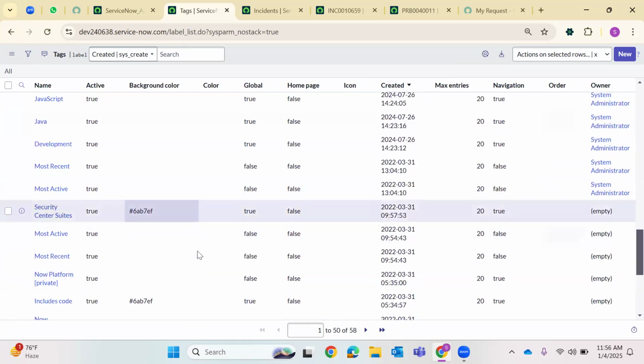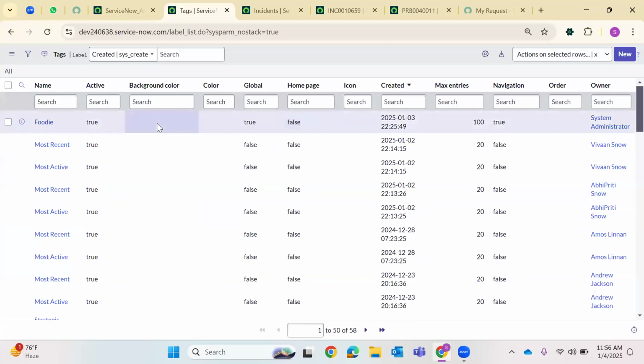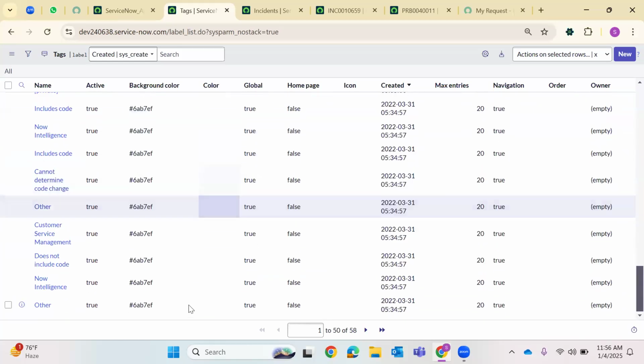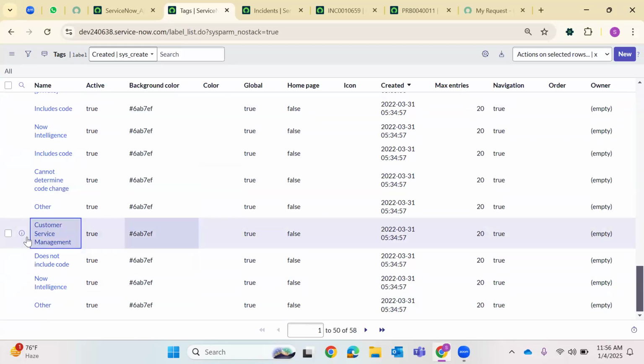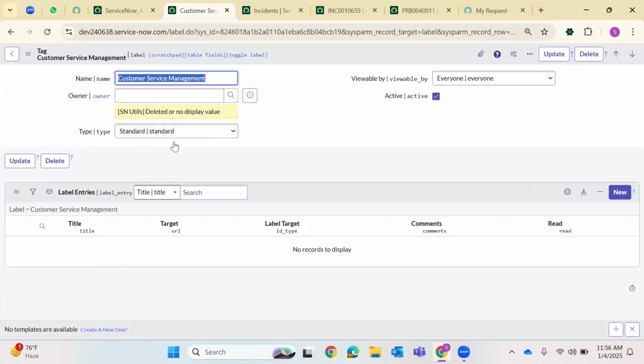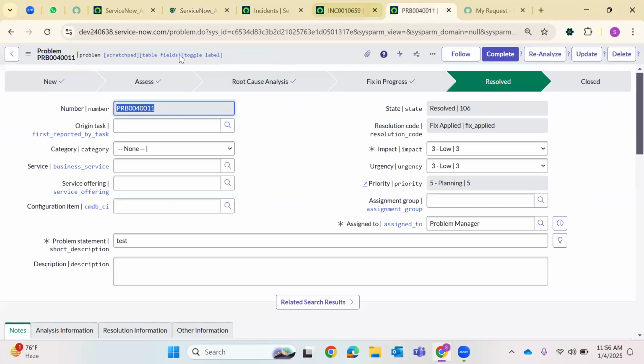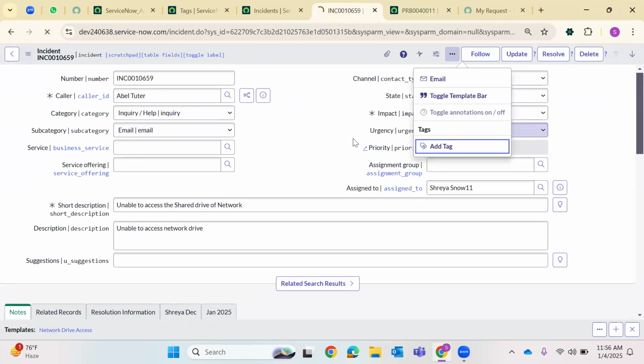And background color, see they are using some different background color. Let's add something for our tag. You can open any of the tags from here for your reference. See, now I'll just come here, refresh,